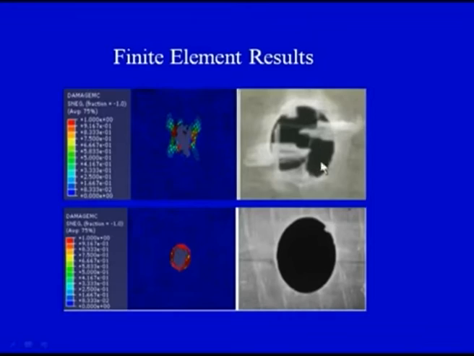We can see there are a few more results of the damage which has taken place, and here we can see, as I have already emphasized on slide number 1, that drilling of polymer composites is a very complex process in which there are so many input parameters and the output has to be governed so that we make a hole which is of good quality.